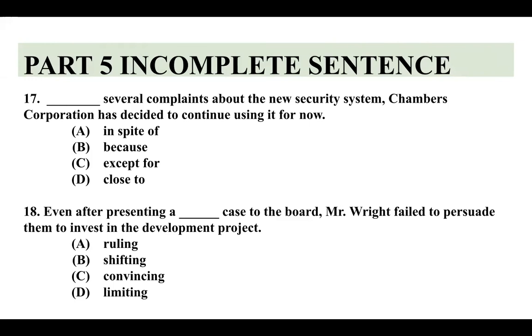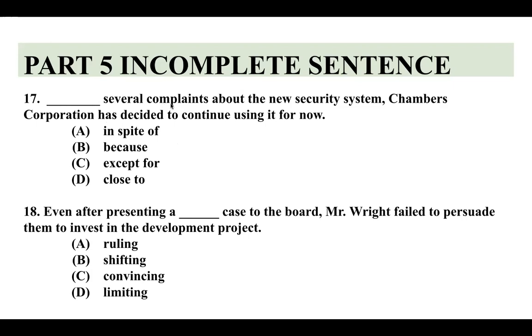move ครับ move นะฮะ ยังเหลืออีก 4 ข้อนะ อยู่ 17 here. Alright, good. เปิด blank มาก่อนนะครับ Several complaints about the new security system, Chambers Corporation has decided to continue using it for now. เมื่อกี้บอกไปแล้วว่าถ้าเจอ transition ให้ทำไงฮะ แปลงเดียวครับ แปลก่อนนะครับ แปล choice ก่อนเลย in spite of ถึงแม้ว่า because เพราะว่า except for ยกเว้น close to ใกล้เคียง ทีนี้พอเราได้ความหมายปุ๊บ ถ้าแปลไม่ออกคือจับใส่ แล้วก็ make sense ที่สุดนะครับ